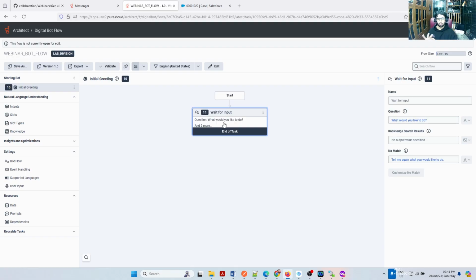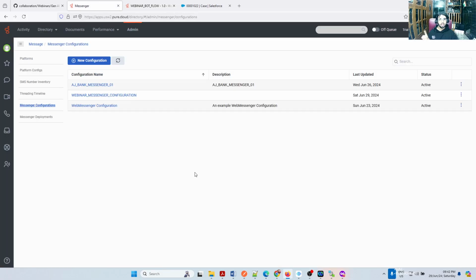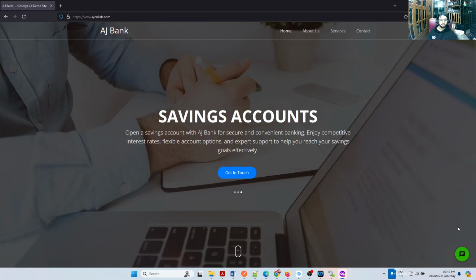So you don't need to update any version there, but still this is version controlled. You will have multiple versions each time you save. But Architect flow, you can ignore because the bot will take the latest flow. You can go to the old version as well, but in Architect you don't need to edit. But in messenger configuration, that's something you need to keep in mind. Each time you make changes, you will have to do that version update.